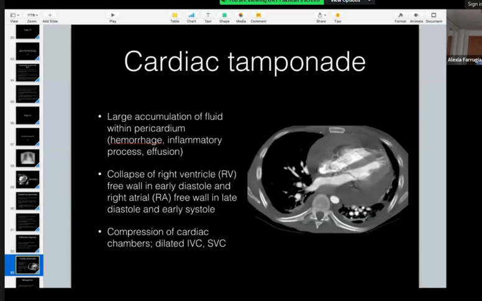Basically, in these patients, they get collapse of the right ventricular free wall in early diastole, and the right atrial free wall in late diastole and early systole. And then together with a dilated IVC and SVC. So this is a very compressive picture, compressing